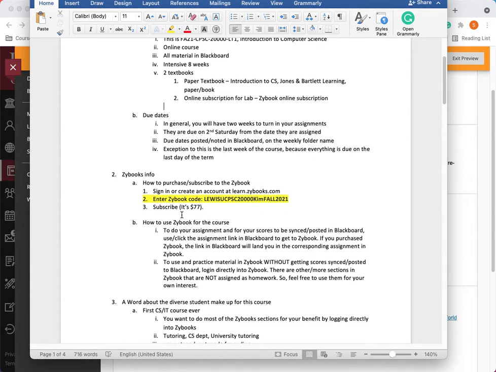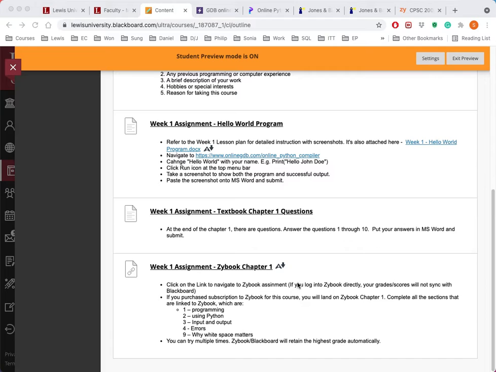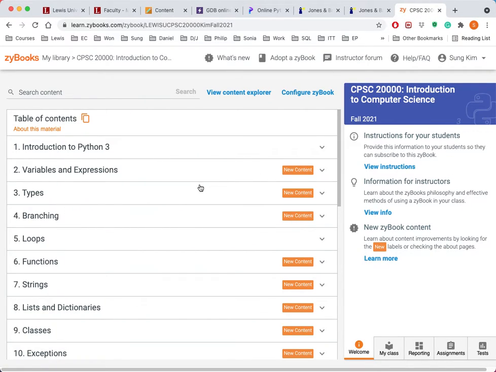Here's the zybook subscription information. You can access your zybook assignment from here by clicking on here, or you can log directly into zybook, and here you can access a lot more items that I have not assigned. But if you come directly here, whatever you do will remain in zybook